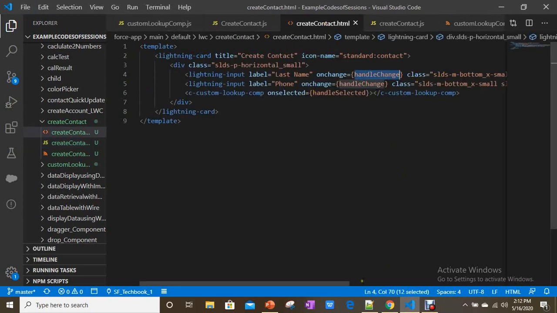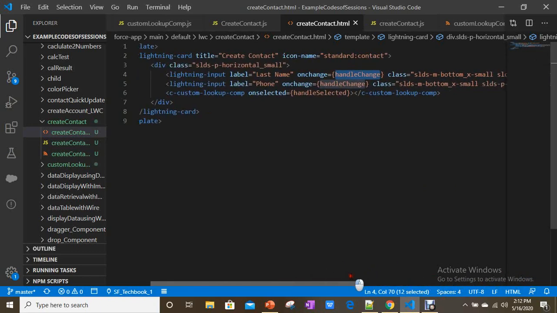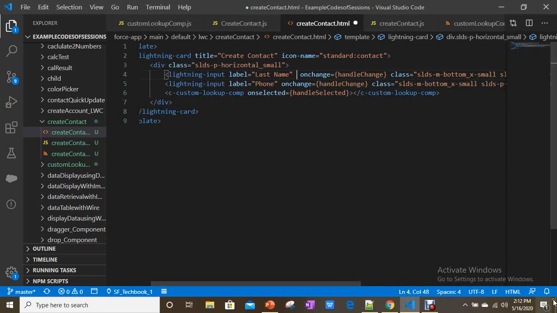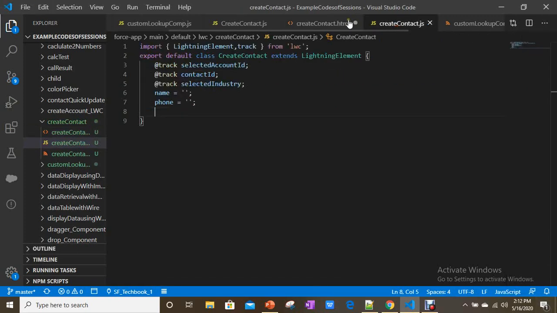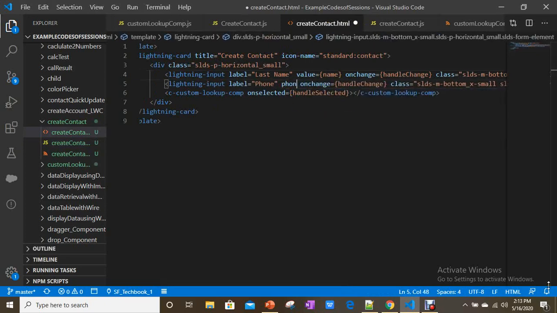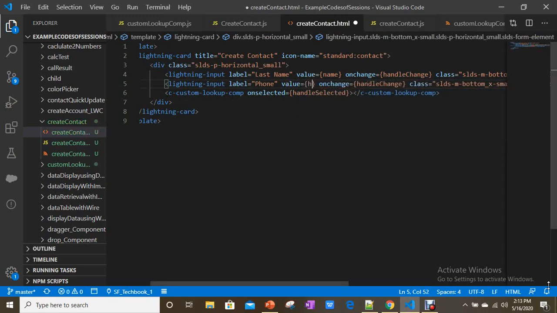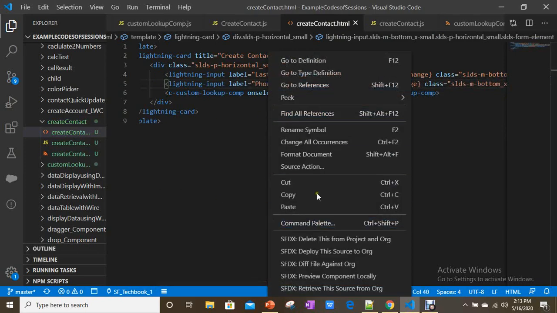Here I can use value, but see here, value equals name, phone. Name means here I am going to take last name.